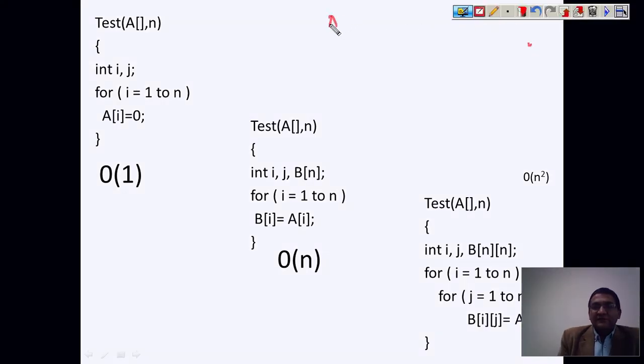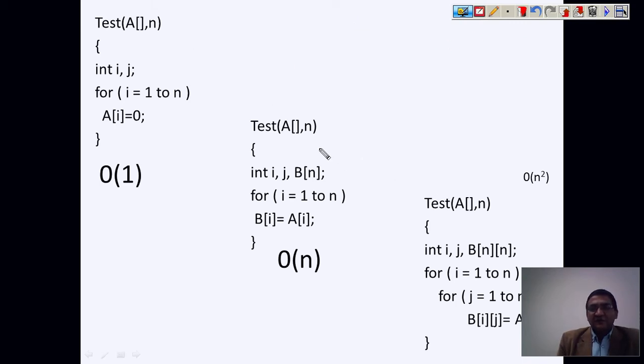So whenever we write an algorithm, we express it either in the iterative way, or you can write it in a recursive way. Already we have discussed in detail how to find the running time of iterative algorithms and recursive algorithms. This lecture is basically to focus on the space requirement. So we will see the scenarios when the algorithms are expressed using the iterative approach and then the recursive approach, and what the space requirement is. So let us take some examples.